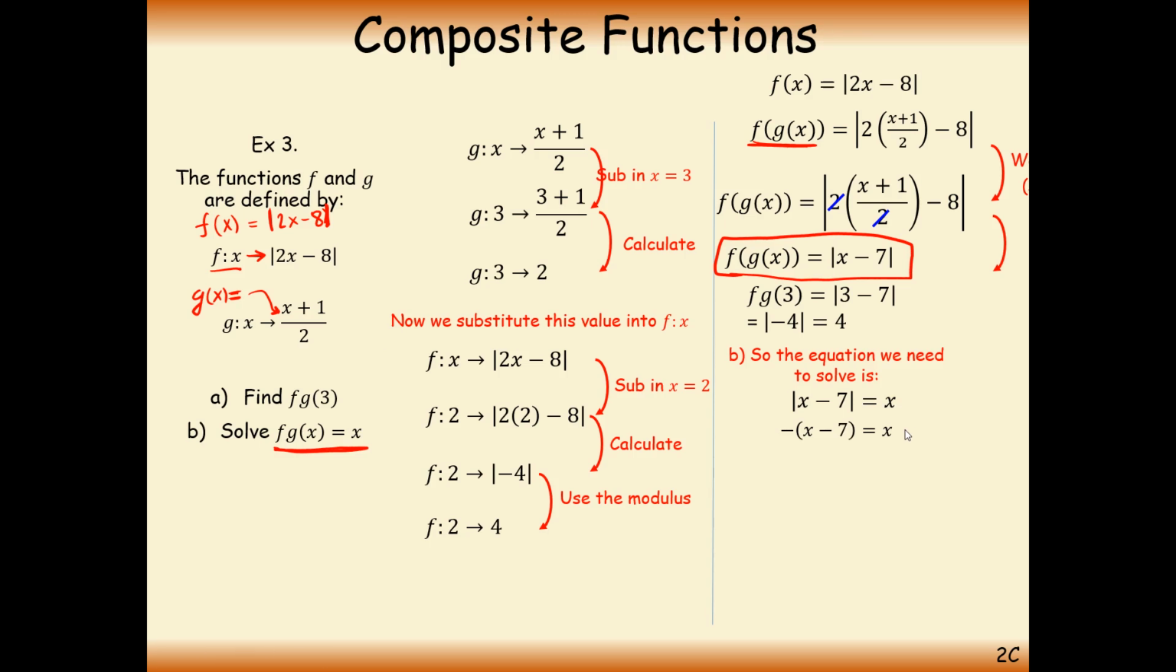First, I'll look at the negative version of the modulus function. Expand the bracket and add the x to both sides. We'll end up with 2x equals 7, and we divide by 2. Okay, that's one answer. Do I need to bother with the positive version of the graph? If you think about it, I'll show you that you don't need to. Because here, if we take the positive version and say x minus 7 equals x, there is no solution to this